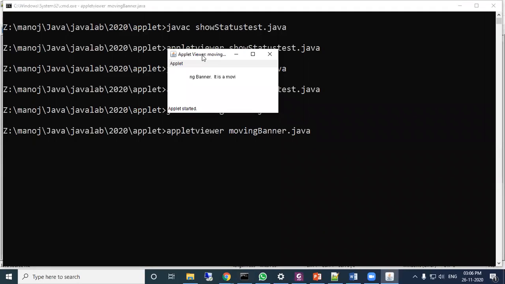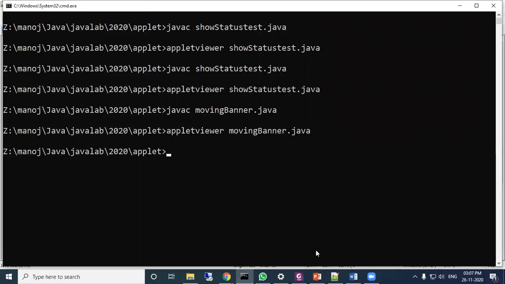Just all of you see what happens here. One text is scrolling in a particular range area, character by character. It comes from the right side and is placed here, and the entire text moves towards the left. This is a program in the applet.